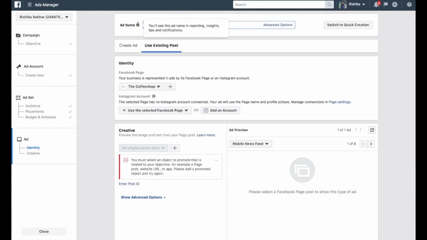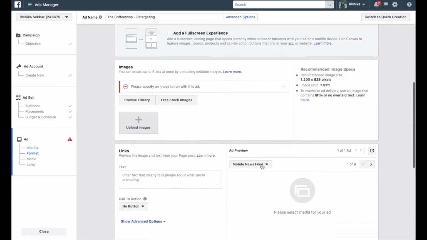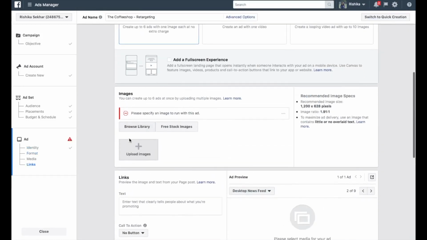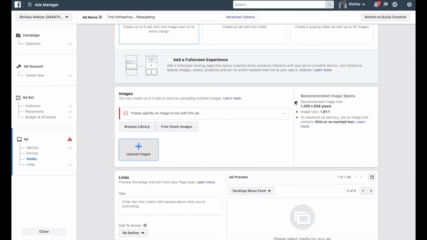The last step is to make an ad creative. Give it a name and attach it to your business page. Make your ad creative by adding images or videos coupled with engaging captions.